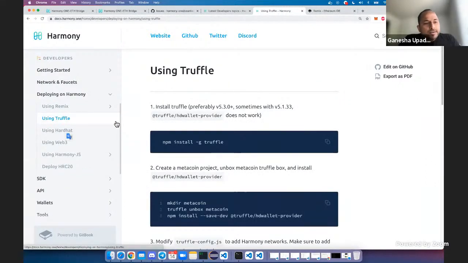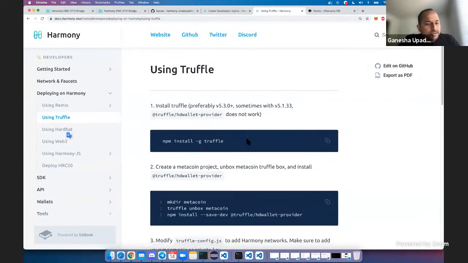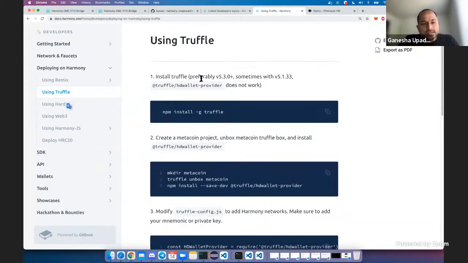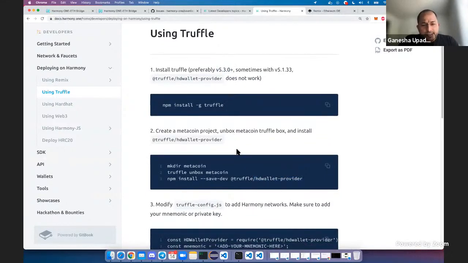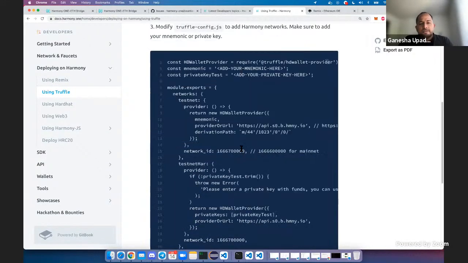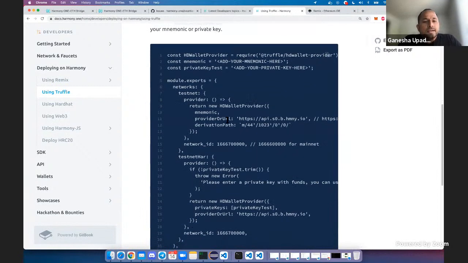And then if you don't want to use Remix, there's also Truffle, in which case it's also straightforward. Just make sure to use a more recent Truffle version. The previous Truffle had some issues with respect to HD wallet provider. Otherwise, it's fairly straightforward. What you need to do is, in the Truffle config, add Harmony networks with the RPC